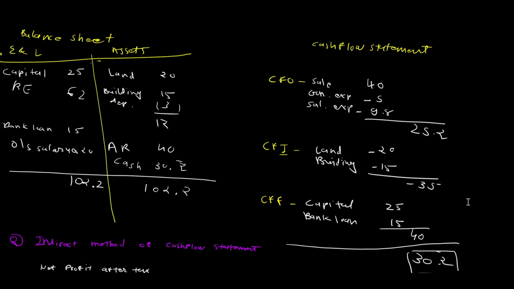25 lakhs from operations, investing minus 35, and financing activity 40 lakhs. Overall, 30 lakhs of cash movement. 30 lakhs he received from the business. And in the cash flow statement, here's one thing also: this 30 lakhs is only the one year